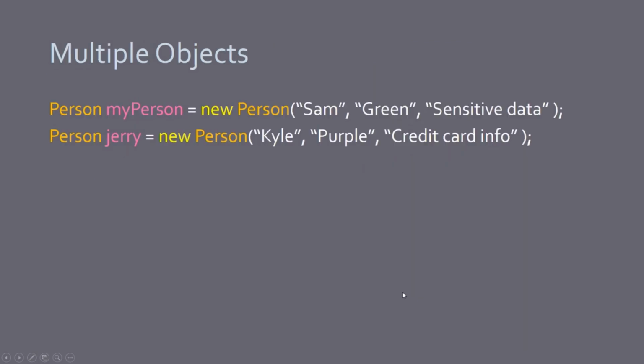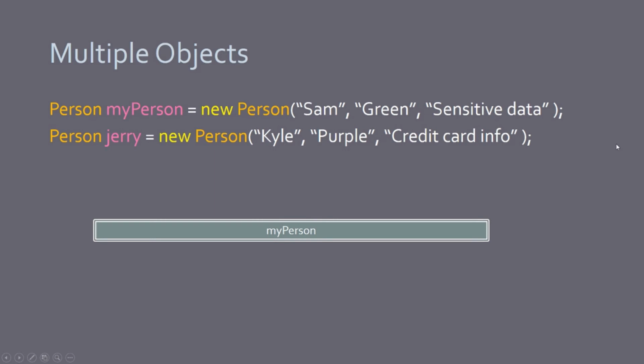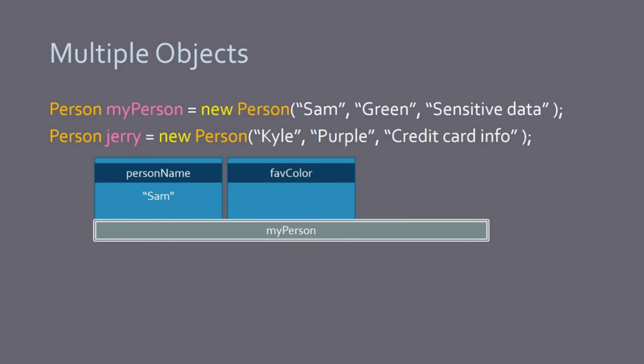Now we can also use our class definition to create multiple instances of the same object type. So here we're creating 2 different person objects, one named myPerson, one named Jerry. These different people are being supplied different data values. So our myPerson object would be allocated, then our person name field would be set up with that parameter value. Our favorite color would be set to green, and our secret would be set to that sensitive data value that was